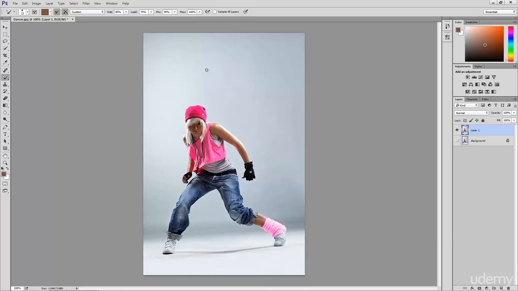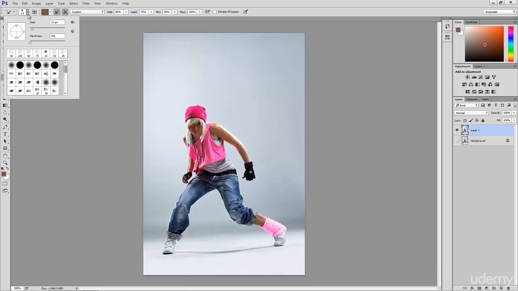Let's see what we have here in the tool options. First, we have the Brush Preset Picker. This is pretty standard for Photoshop brushes. You can see that we have all the same presets and brush tips that we can get with the Brush tool. I'm going to go ahead and scroll down in my presets till I get to the bottom, and I'm going to choose the very last brush,